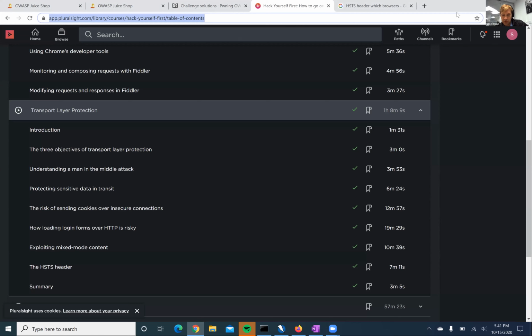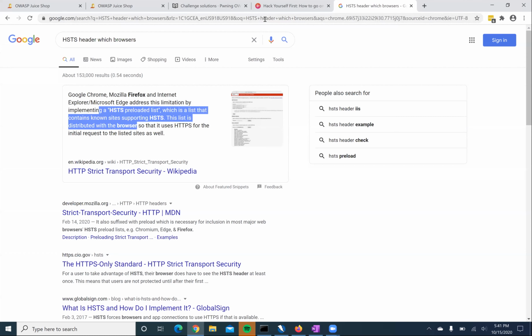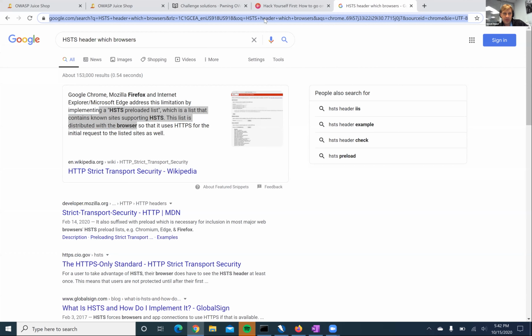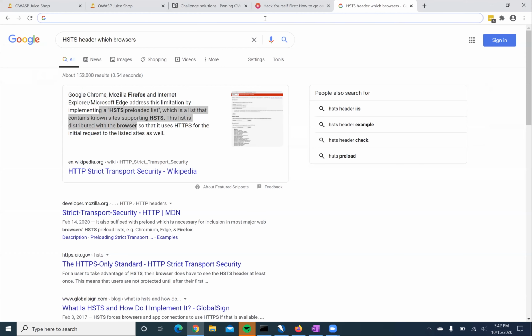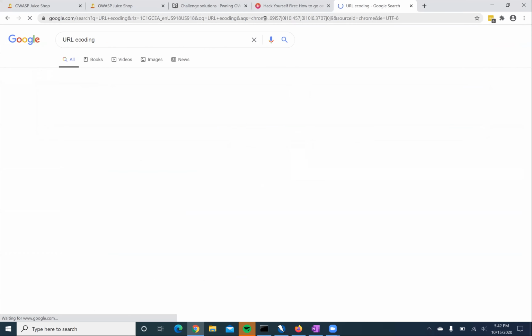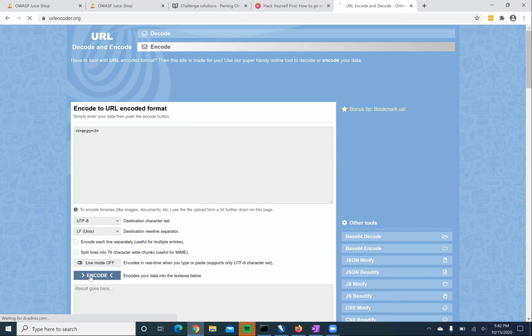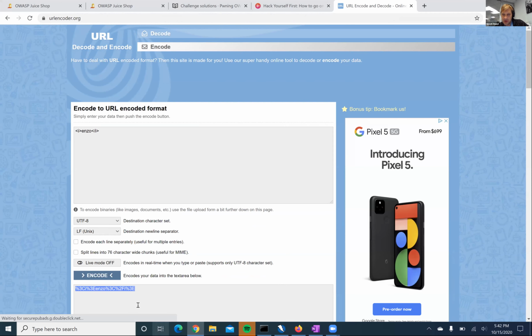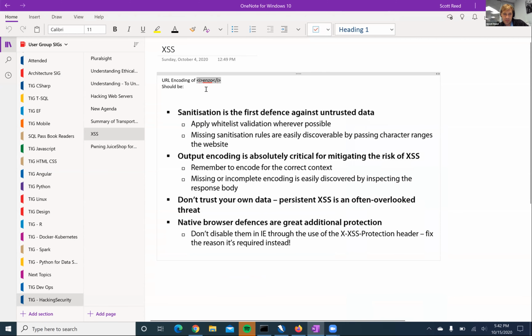I thought he was using JavaScript encoding, or he might have used HTML encoding. He showed a different encoding for URL encoding, but that's what it should be for URL encoding. Anyway, just wanted to point that out as a small error in the slides.